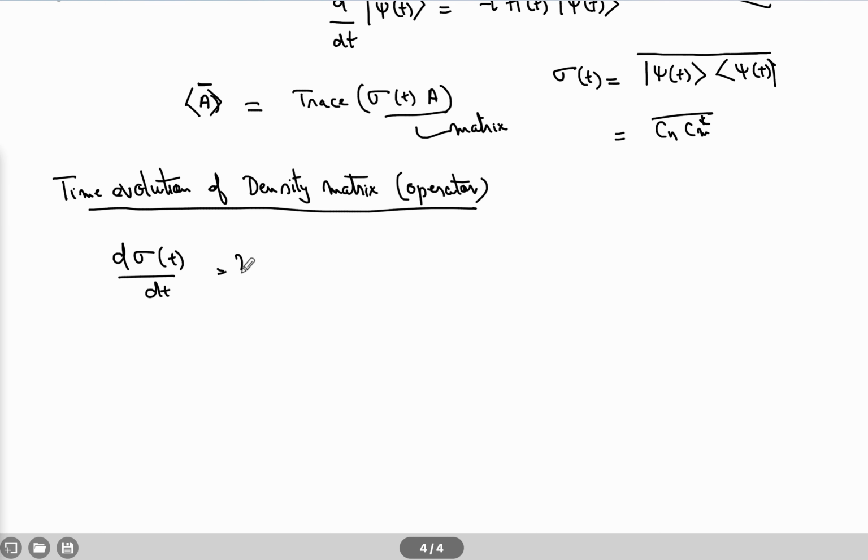Okay, this is our goal to understand. So before we actually do that, let us first try to find out the time evolution of a given matrix element. So this sigma(t) is a complete matrix. So we'll first look at how a given matrix element of sigma(t) will change in time. That is d sigma, let's give a different index to this, km